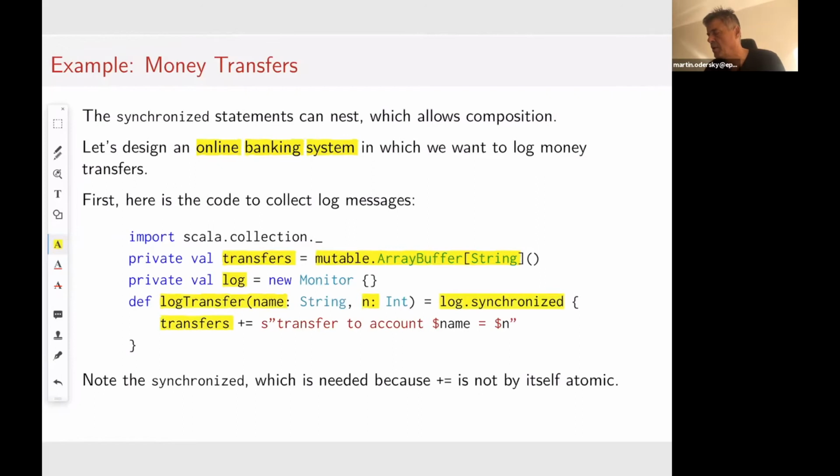That's important because plus equals is not by itself atomic. Plus equals contains, of course, many instructions, and there's no protection around it. So if two threads execute plus equals at the same time, what could very well happen is that the system crashes or gets into a bad state because it's not built for that. Plus equals is built to be used only by one thread at a time. You might say, well, isn't that a problem with plus equals? Shouldn't every operation be thread safe, so that it can be used from several threads at a time? The answer is that would be quite expensive.